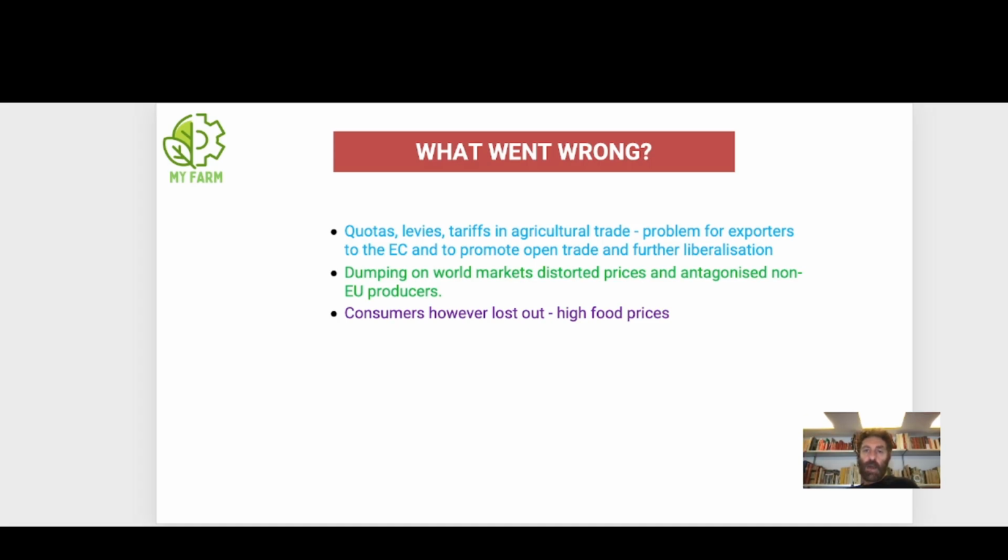So in this context, one of the first actions, one of the first policy reforms were the introduction of quotas, introduction of tariffs, and to pay attention to what consumers think about primary sector products in terms of quality and safety,